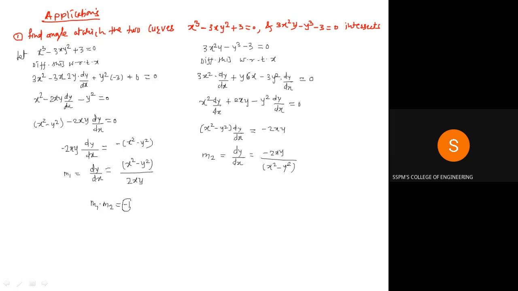It means that these two curves intersect at a right angle. Definitely, the product of slopes is minus 1, so definitely these two curves will intersect at right angle. What does right angle mean? Right angle is 90. So the angle between them is 90. Yes, the angle between these two curves